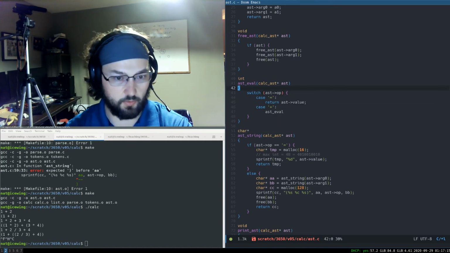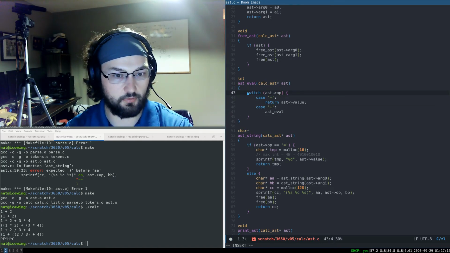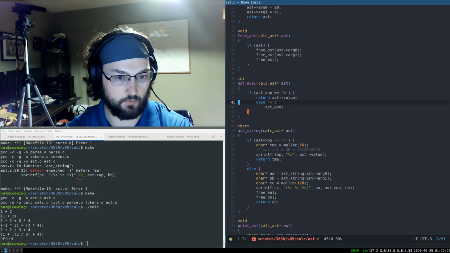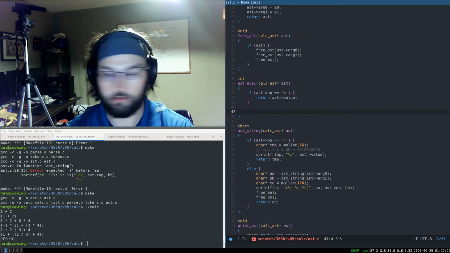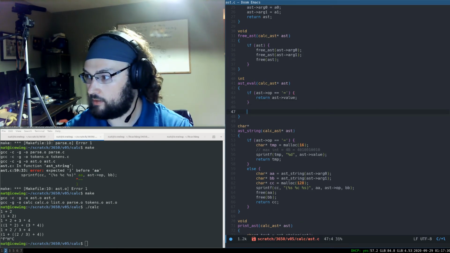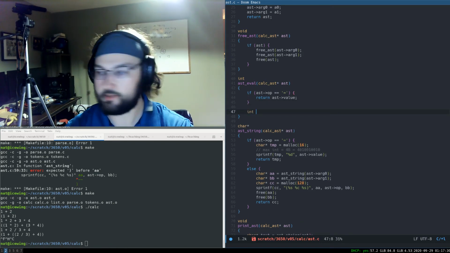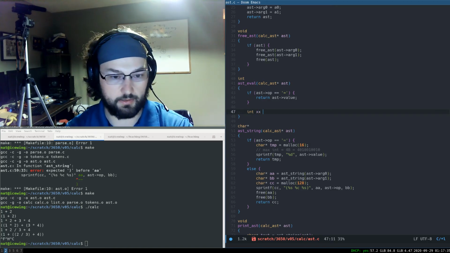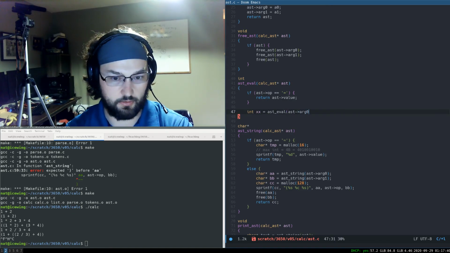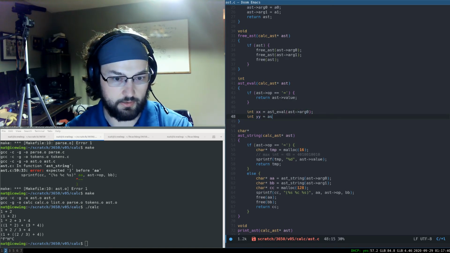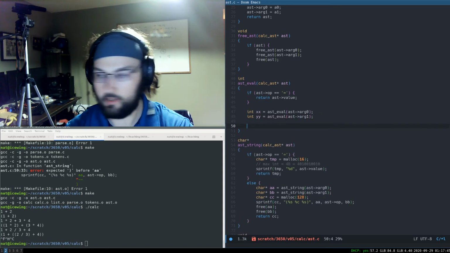we can actually go a little bit more compact than this. So let's do if ast op is equals, then we'll return that value. Otherwise, we know we have an operator. So we can do int x is going to be ast eval ast arg0, int y is ast eval ast arg1, and now we'll do